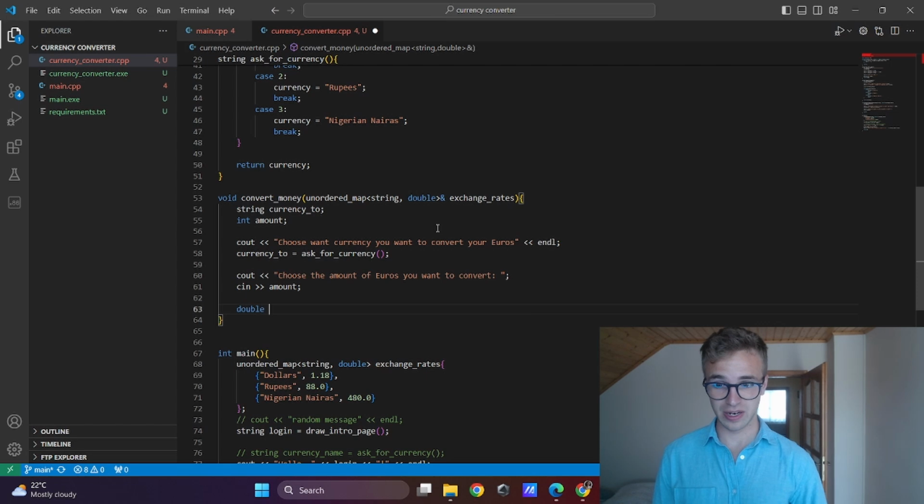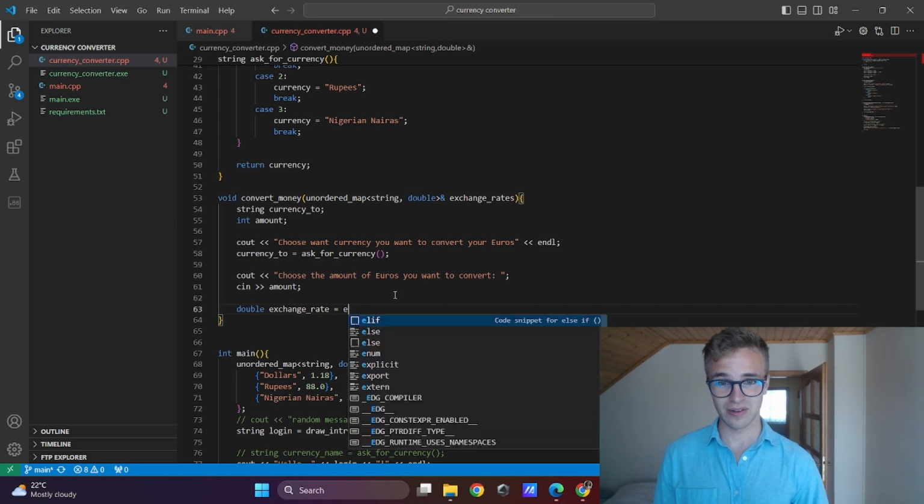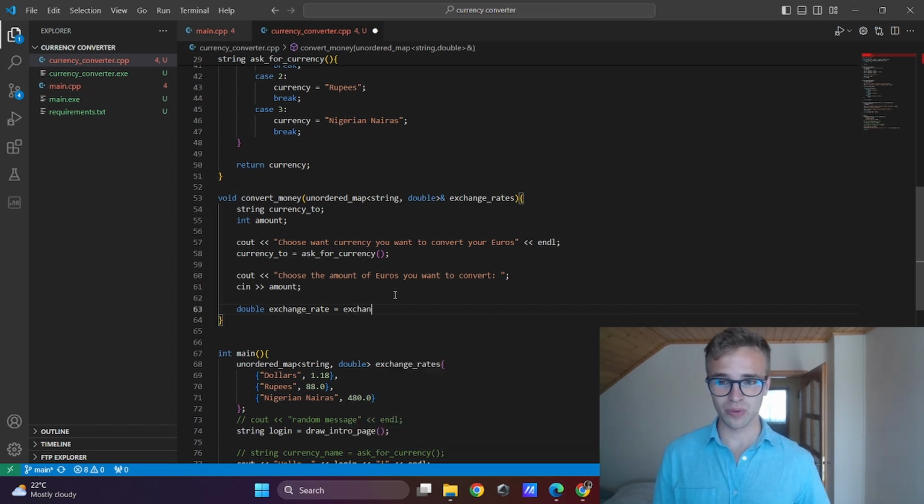So I will create the exchange rate. It will be double, so longer float. Here the exchange rate will be from the unordered map exchange rates, and to find the value of the currency we will convert the euros to, it is not the key function, but it is at, and the name of the currency.